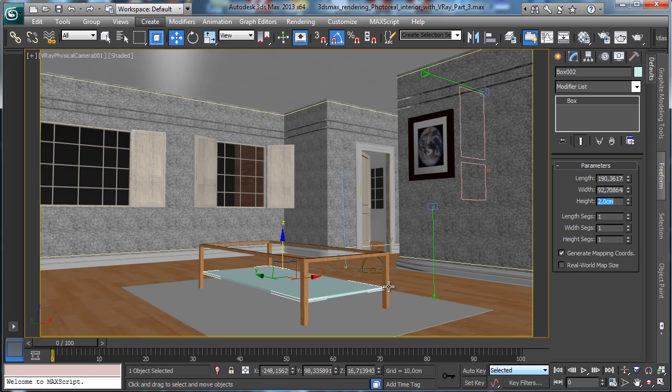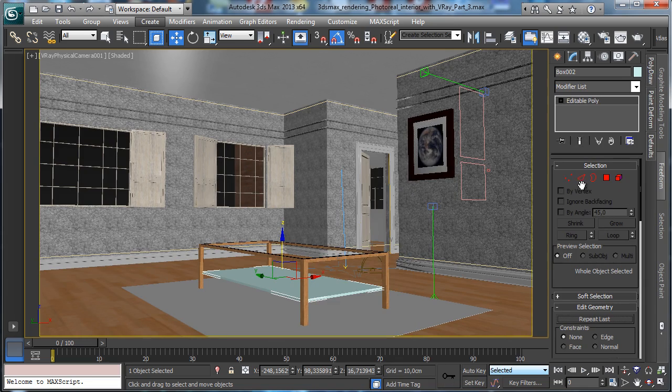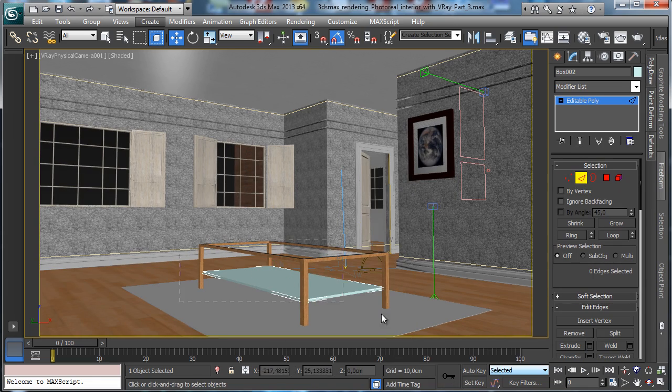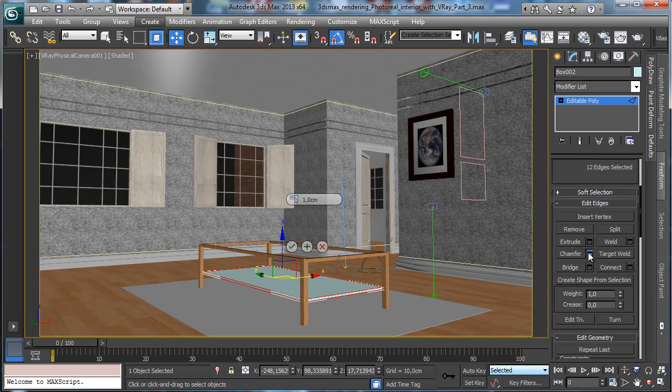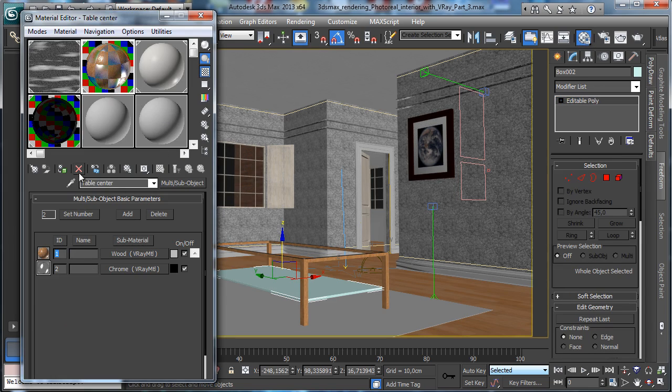Maybe we can put some metals to pick the wood and I like to, let's say, convert to editable poly, and we pick all the edges, and all the edges have a chamfer of 0.25 with 2 segments or 3 segments. Okay, nice. So let's go there and let's give the same material,